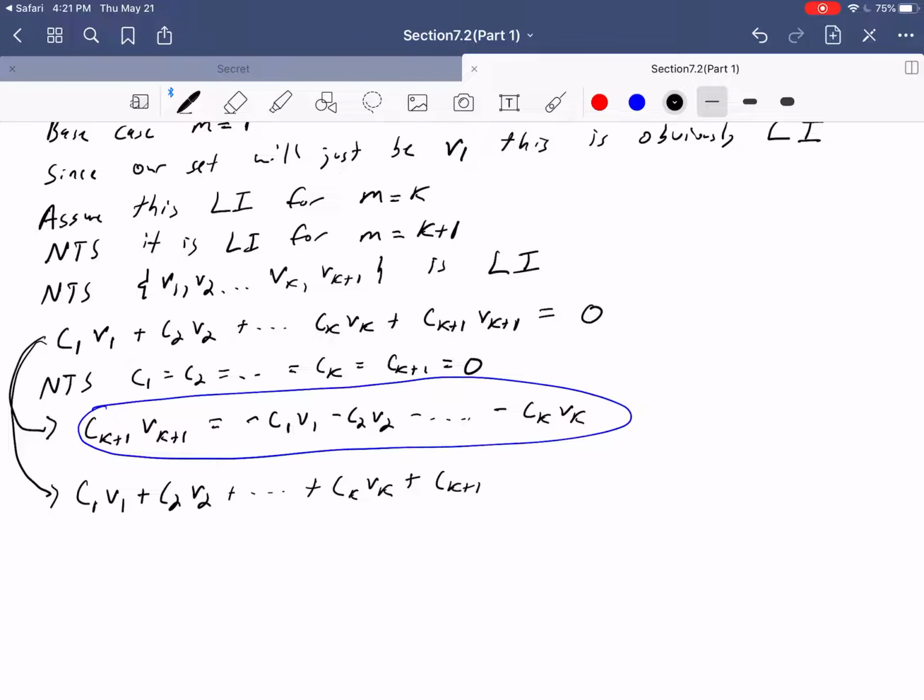Okay, now, interestingly enough, so far we haven't really brought in the eigenvalue-eigenvector relation. So we know that these v1, v2, vk, vk plus 1 are all eigenvectors. So let's multiply by that matrix A because we know a relationship there. So let's go ahead and multiply on both sides